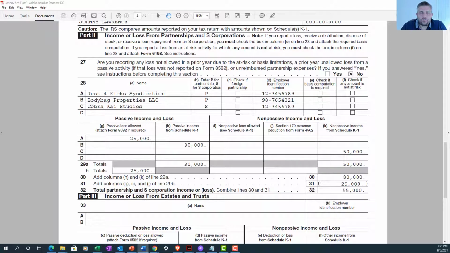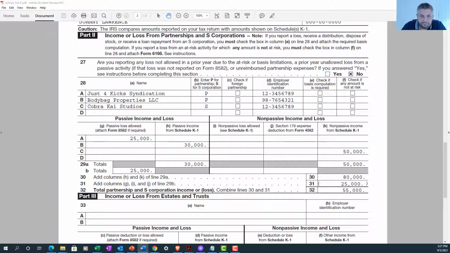Income from partnerships and S corporations is provided to you on K-1s. So it looks like Johnny has three in this case. There are two partnerships and one S corporation. You can tell by looking at line 28, column B, where there are the P's and the S's, the P's being for partnership and S for S corporation. So Johnny has Just for Kicks and Body Bag Properties, which are partnerships, and Cobra Kai Studios is his S